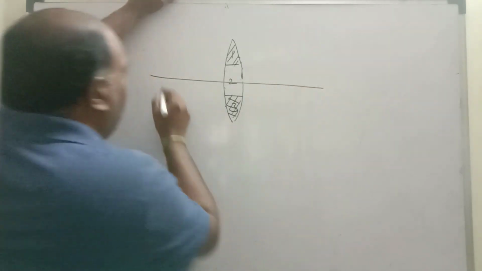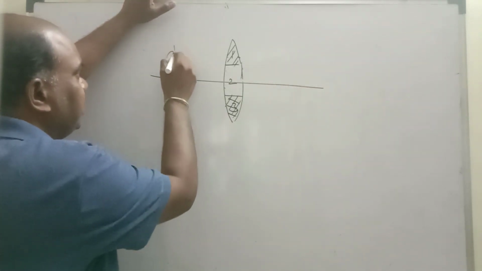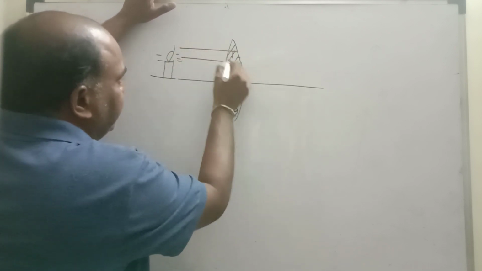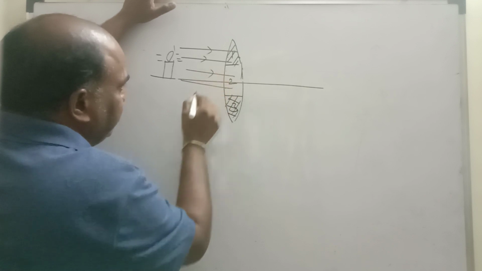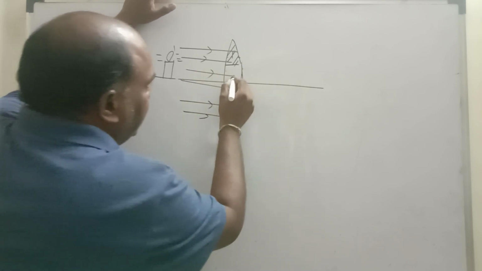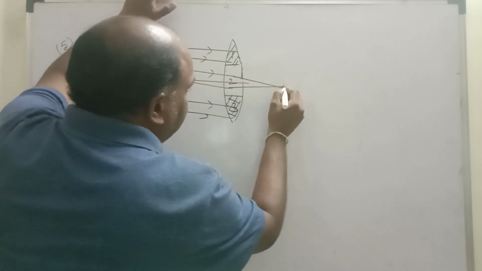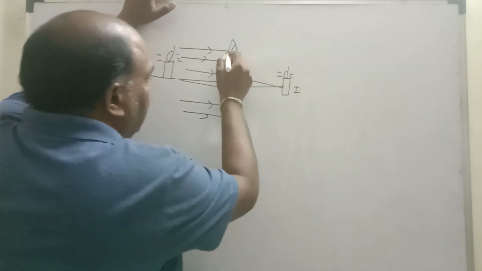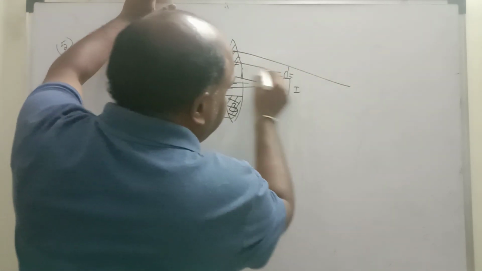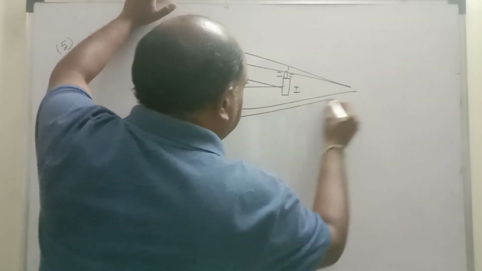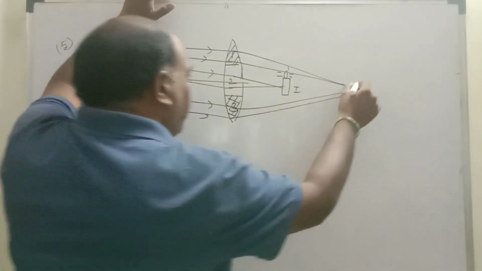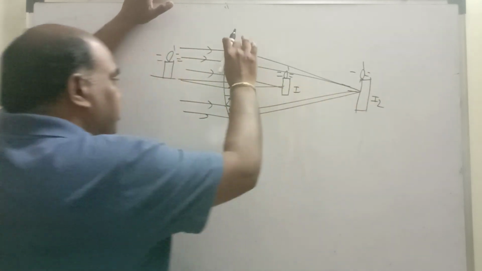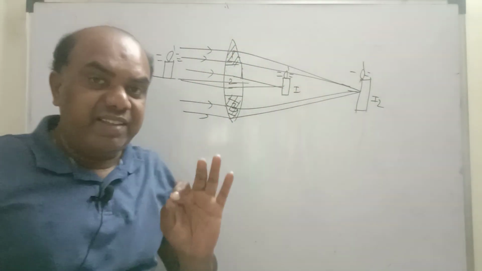Observe. What is meant by refractive index? Refractive means nothing but bending. That means these two bend in the same manner. Some incident rays fall on the first medium, some on the second, some on the third. The second rays all converge at one point and one image forms, this is I1. These two refractive indices are same, so these all converge at the same point, and one more image forms here. That means only 2 images are formed, because the first material and third material have the same refractive index.